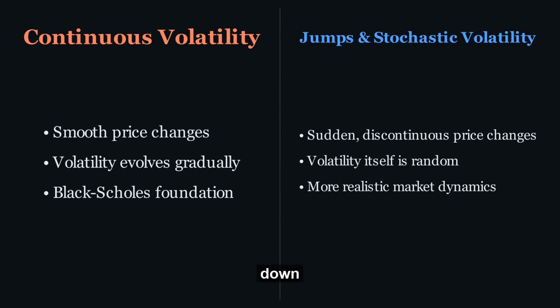The paper tackles this by combining local stochastic volatility models with compound Poisson jumps. Let's break that down. Stochastic volatility means volatility isn't constant, it's a random variable that changes over time. Local volatility means it also depends on the current asset price. Now, add compound Poisson jumps. This means jumps occur randomly, like a Poisson process, and the size of each jump is also random. This sophisticated framework allows for a much more realistic representation of market dynamics, capturing both the gradual evolution of volatility and those sudden, unpredictable market shocks.